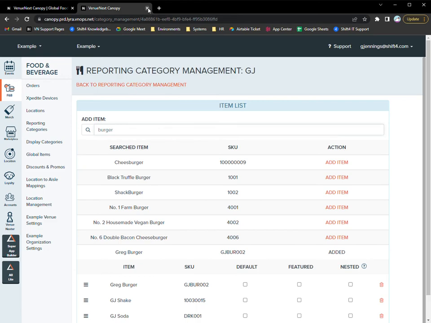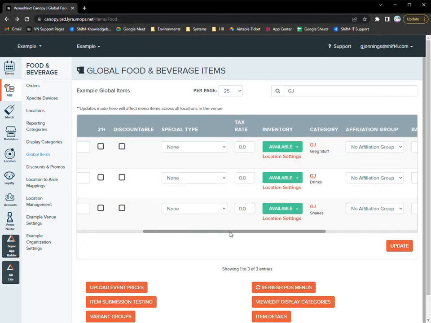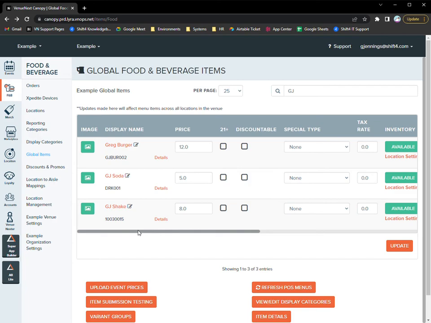Okay. So I'm just going to come back out to our global items. So we've covered off our orders, we've covered off our locations, our reporting categories and our display categories, and our global items. The only other place that I'd like to show you at this point is the location management. So this is for creating a new revenue center. So let's just click on that location management on the left hand side here,